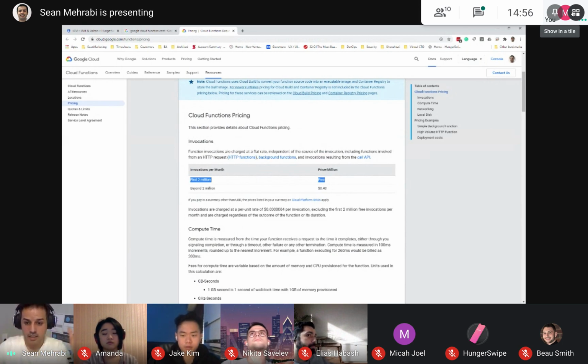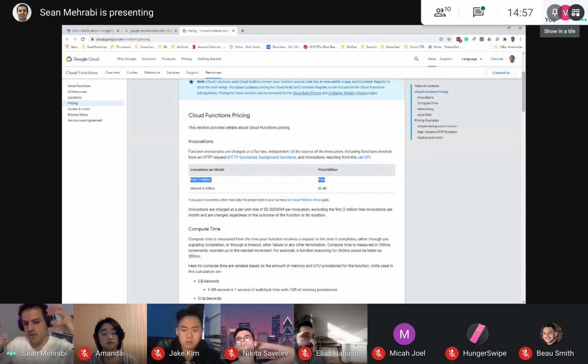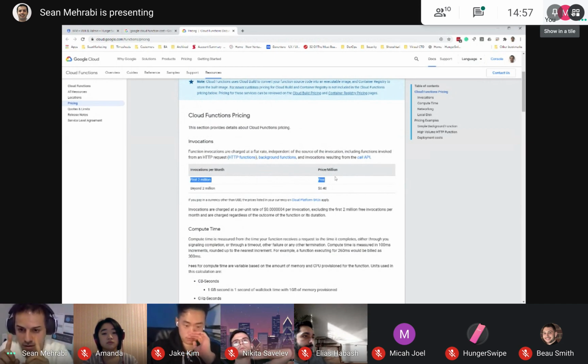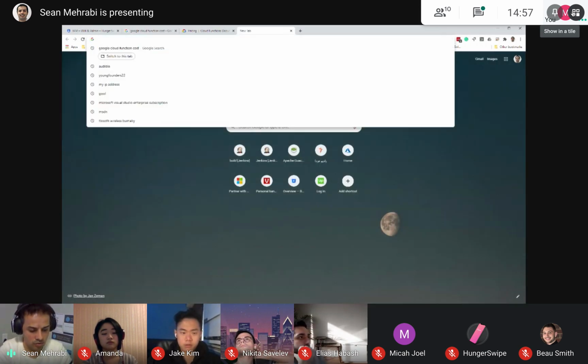Auto scaling is handled by the cloud providers, which means I don't need to worry about how many users are connecting to the URL. They take care of it. Behind the scenes, it will repeatedly add many of these and expand. But the biggest challenge with the functions is that if you do not use